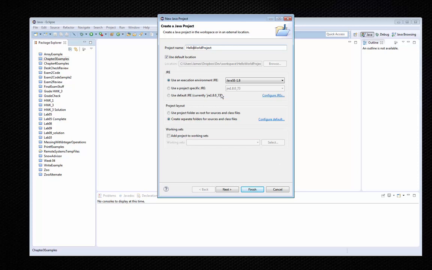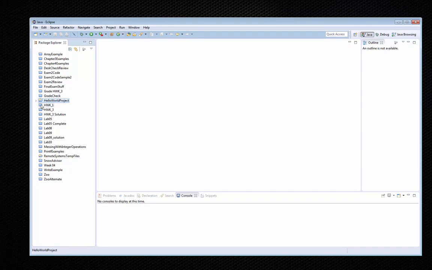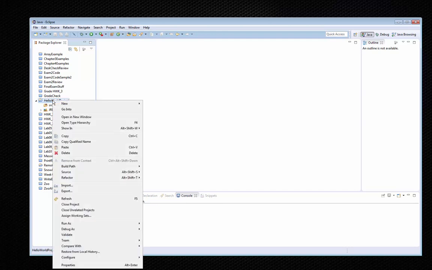Okay, so I don't have to mess with any of these other settings, so I'll just say finish, and as you can see, it creates a new project folder here for me. So once I have this new project, I can actually look inside of it, and to actually write a program here, a very simple Hello World program, I have to right click there and say New and add a class